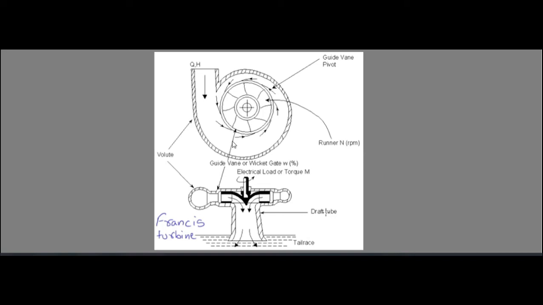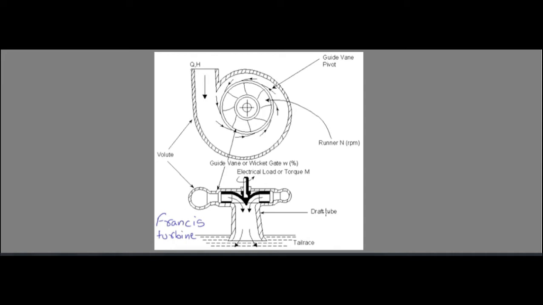Now from the guide vanes it enters into the runner blades. So these are the runner blades. Into the runner blades the fluid flows and finally dumps into the tail race through the draft tube. Here you can see that the cross sectional area is decreasing. In both the views you can see the guide vanes, and these are the runner blades. So this way, this is the Francis turbine.